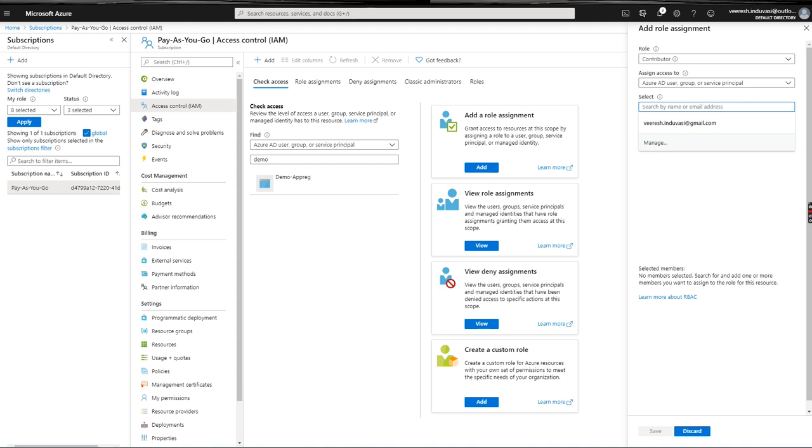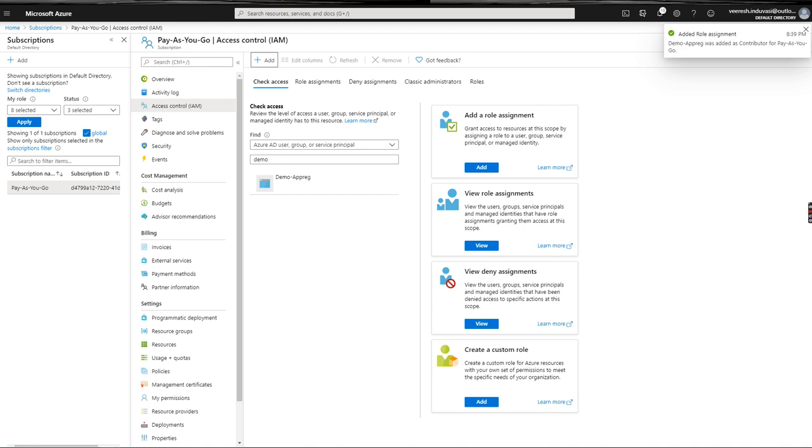Then select, yeah, this is our demo app, and then save. So now I have a permission at the subscription level where I can contribute, like creating resources and resource groups, or within a resource group I can create a function, logic app, storage account, Azure Blob. So I have contribute access on that particular subscription level.